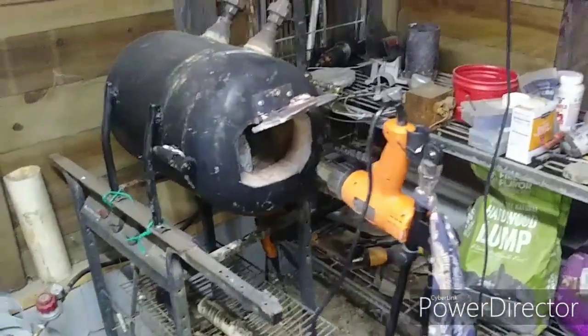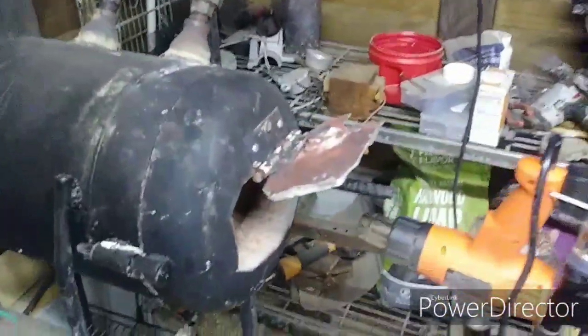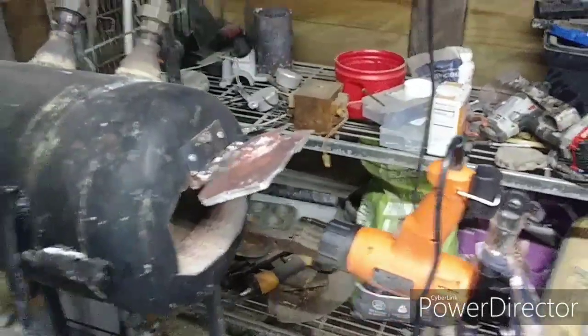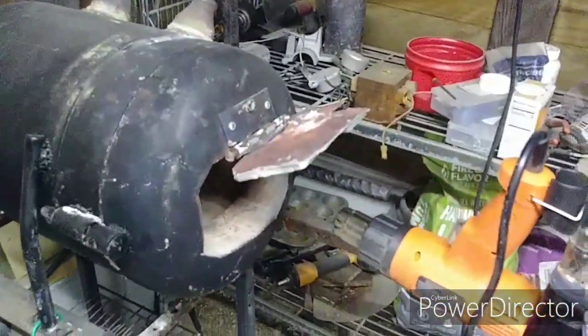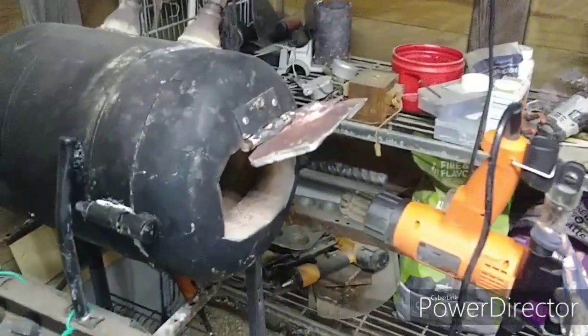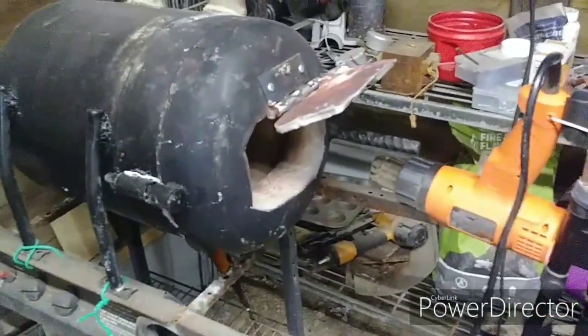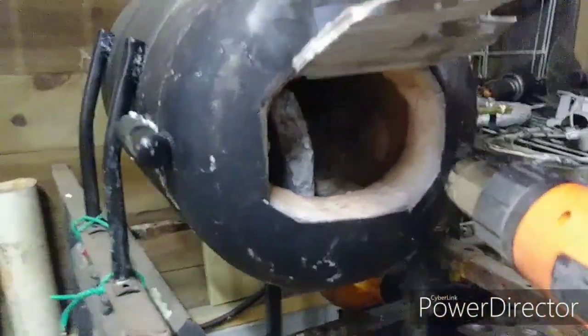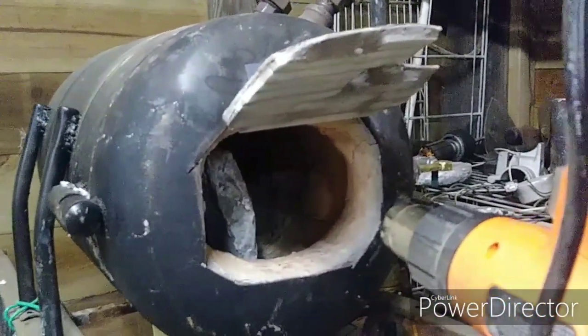Currently, what you're seeing here is I did get the door put on the forge. Now, I did it and closed it without lining, and I heated up the forge, and it got red hot, which is telling me that it did hold a lot of that heat back. And I can see a huge difference inside the forge with that closed off. So awesome sauce there. Also, I poured out of my own recipe a